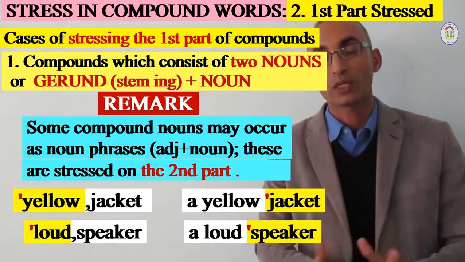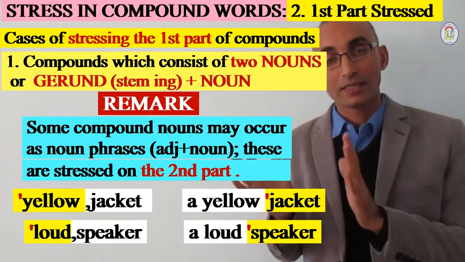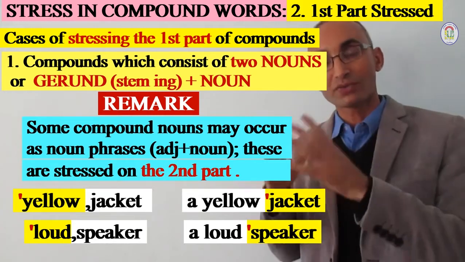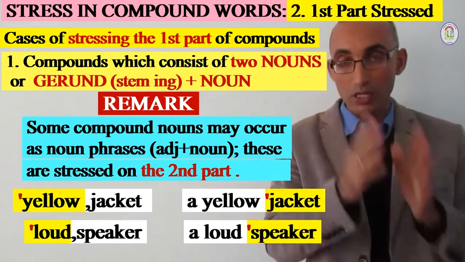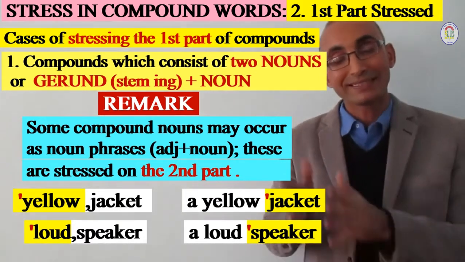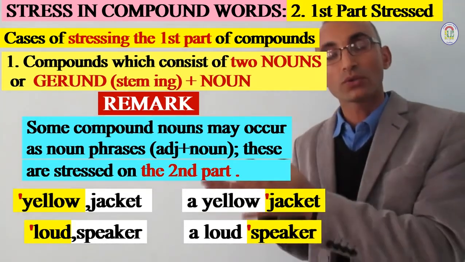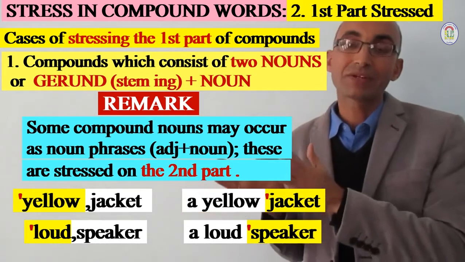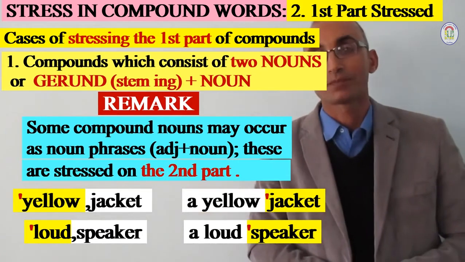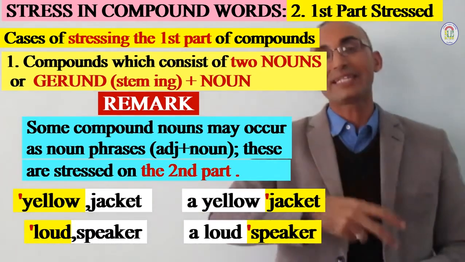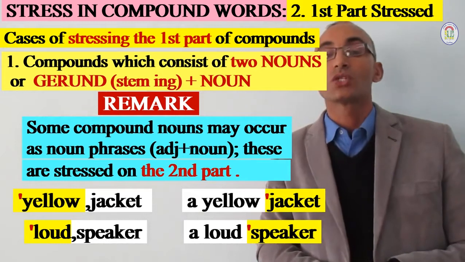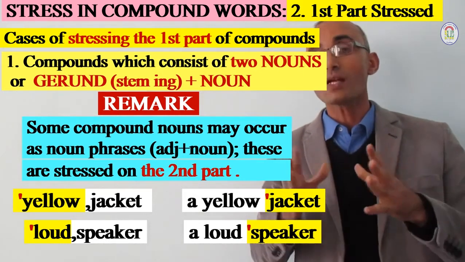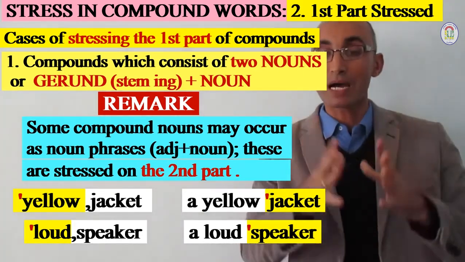So be careful when we deal with these combinations of nouns as compound words. We apply the rule, but in case they are used as noun phrases, clear, we stress the second one. Clear? Good. Now, the second major case in which the compound word also receives stress on the first part, on the first element,